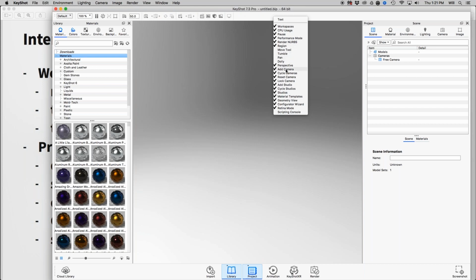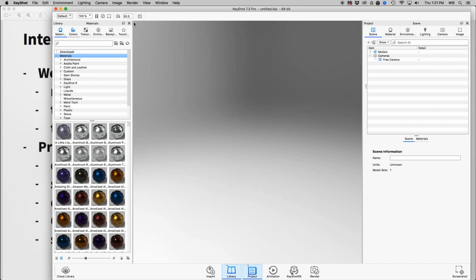And I could basically continue down this list, turning off items that maybe I don't use quite as frequently. And in this case, maybe by doing this, I now have fewer buttons, and if I want to look up to locate something, it will just generally take me less time to locate the button I'm looking for if I have fewer buttons to look through. So that's just one, again, small thing, but may make a difference, especially for you guys who are just newer to KeyShot, maybe just learning things,